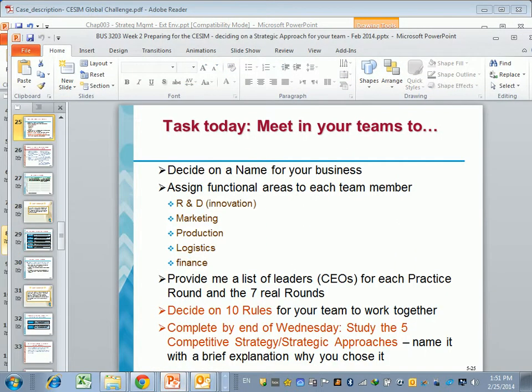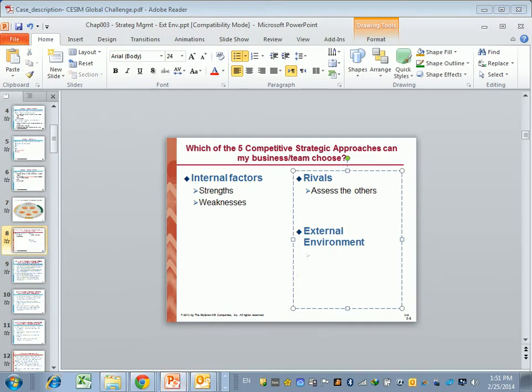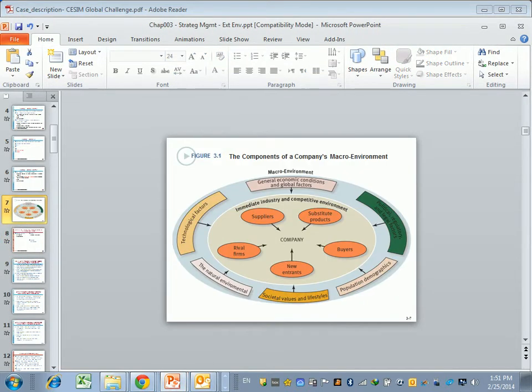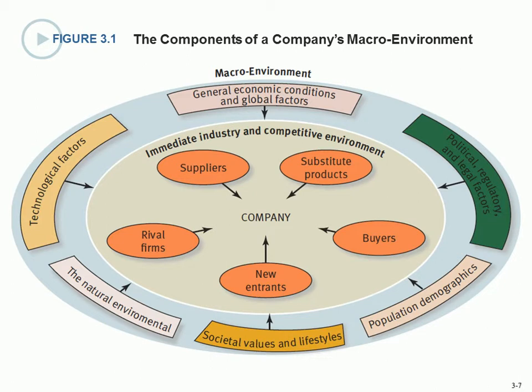Let me just go back to this one. Sorry, apologies. Okay, and so here we are. When you're looking at the company's macro environment, I think the acronym is PESTI. The political environment. Let me see if I can get this to be a little bit bigger. Increase the size. Yes, there it is. I call it the PESTI because I think it's an easy way to remember. You look at the political and regulatory and legal factors that are extant in that environment.